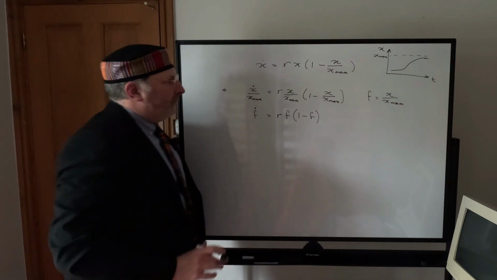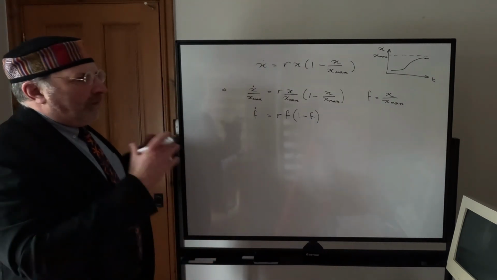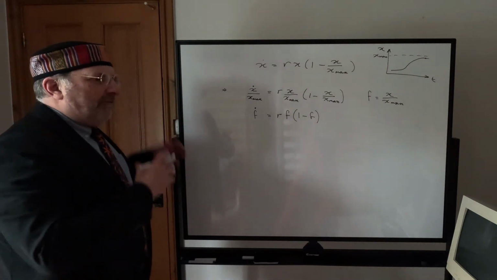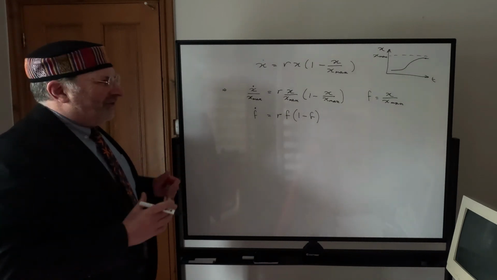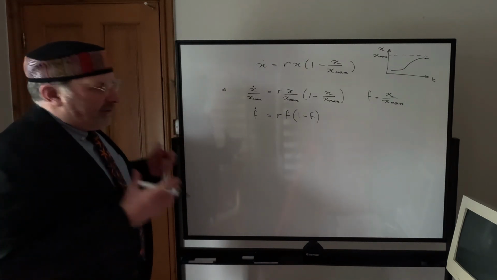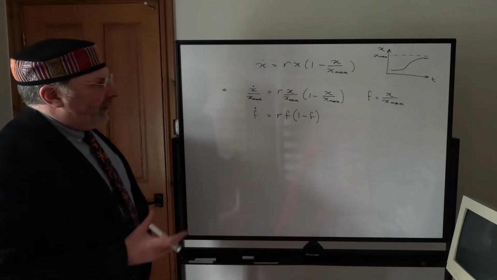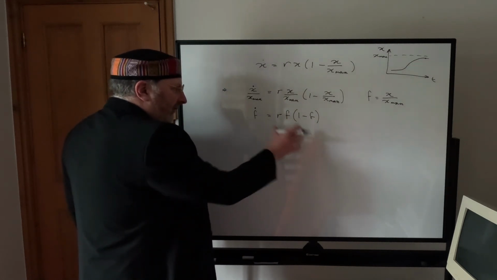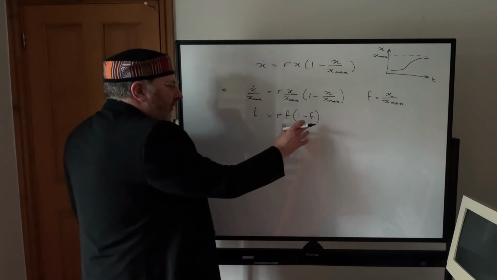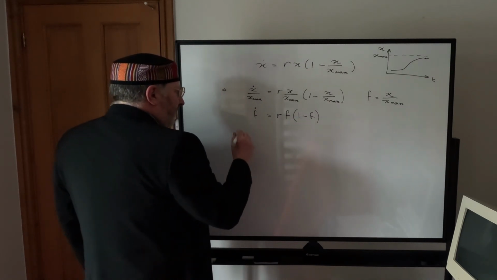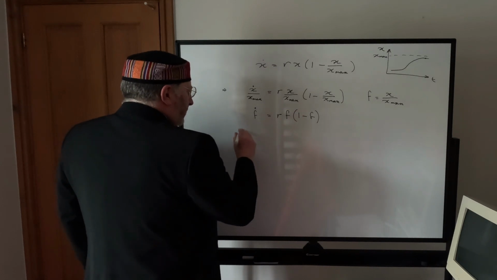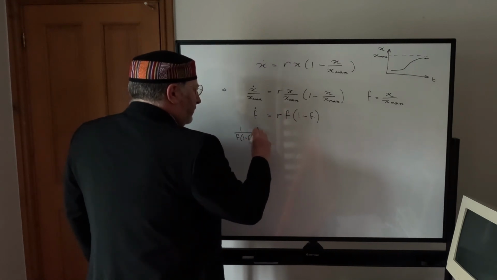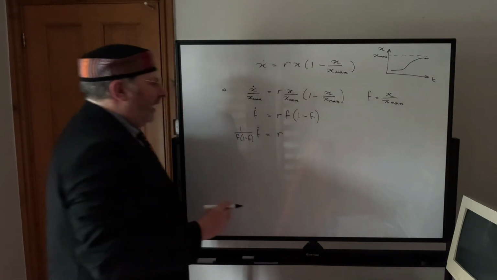And now we want to solve that equation, and that is what I said just now. It involves some integration tricks and techniques which I don't want us to get bogged down in, but I'll show you, satisfy you, how this works. So we can take the f times 1 minus f to the other side, and we've got 1 over f times 1 minus f, f dot equals r.